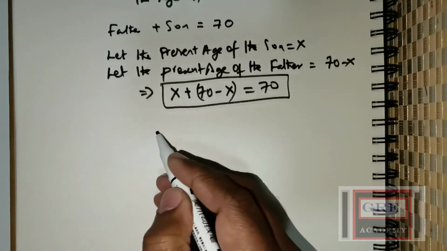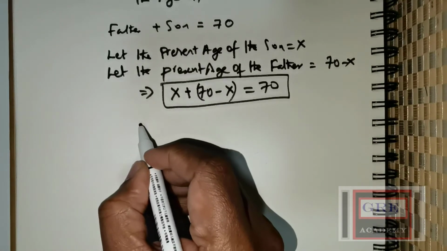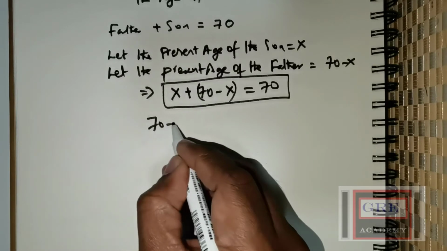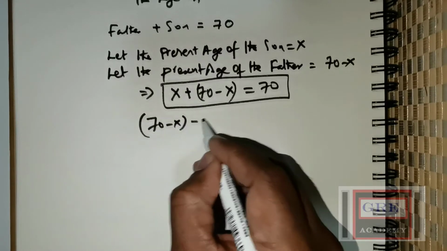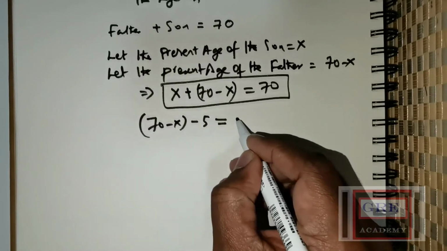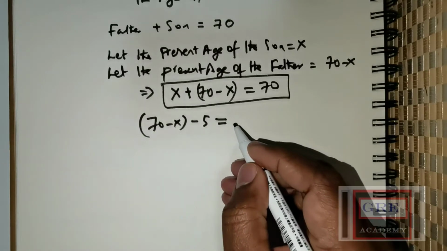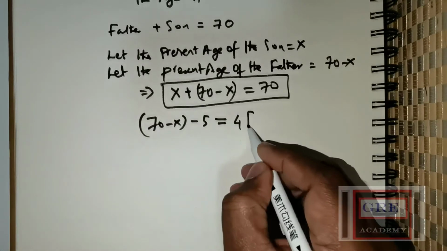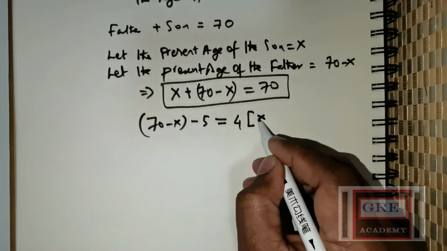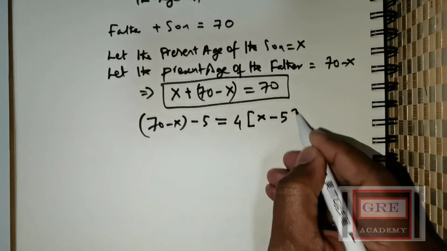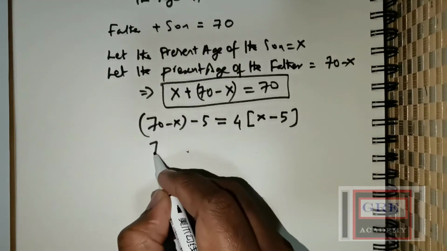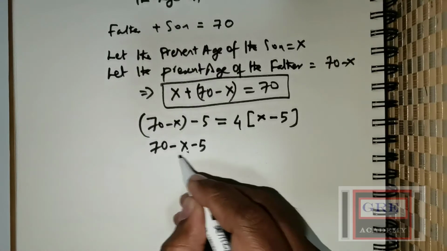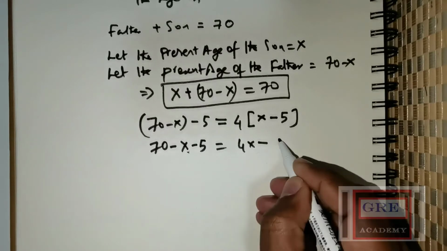Okay. Now the question says 5 years ago the father's age. So the age of the father 5 years ago is equal to actually 4 times the age of the son. So 4 times age of the son. So this is the required system. We got to solve the system. So from here I can rewrite this to be as 70 negative x negative 5 is equal to 4x negative